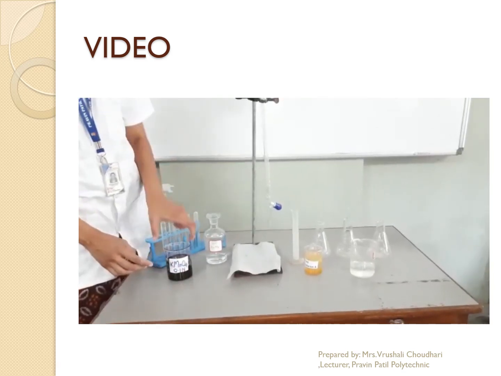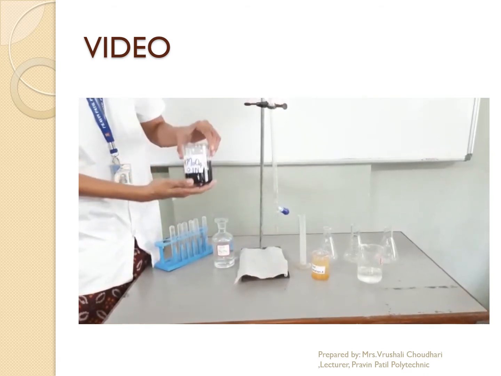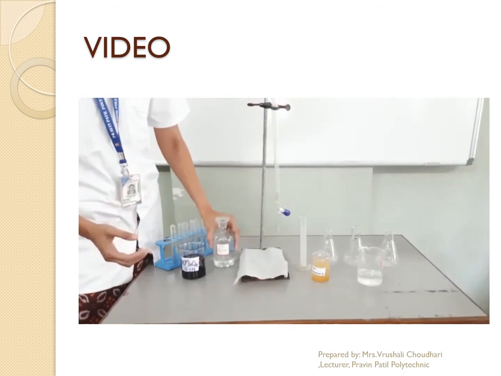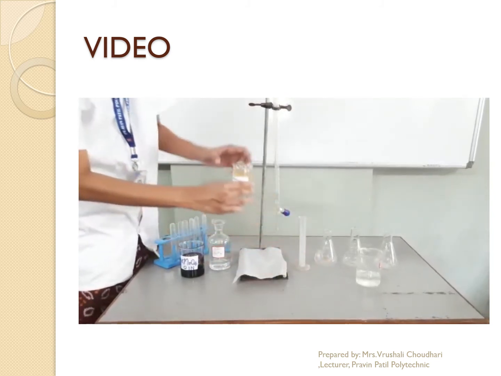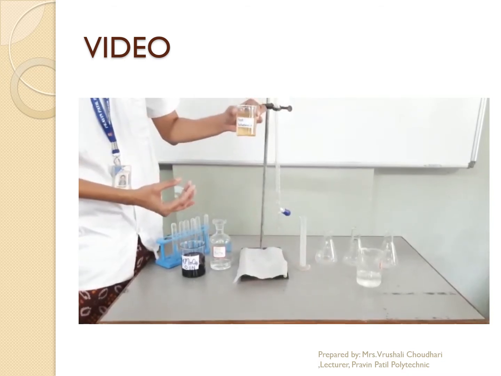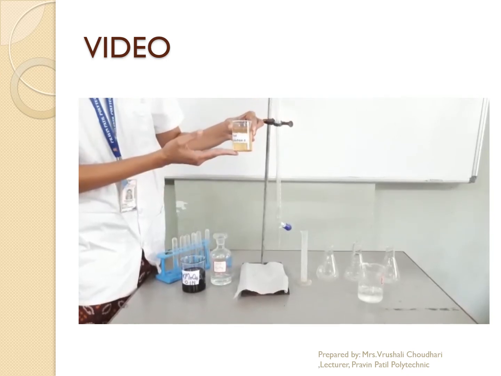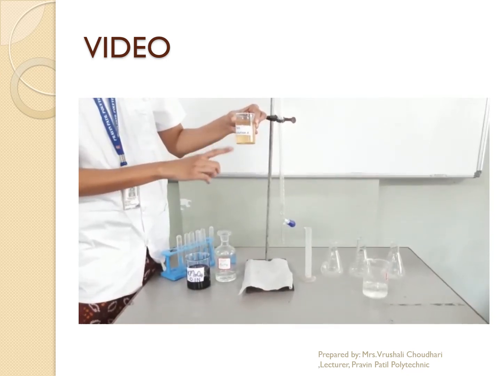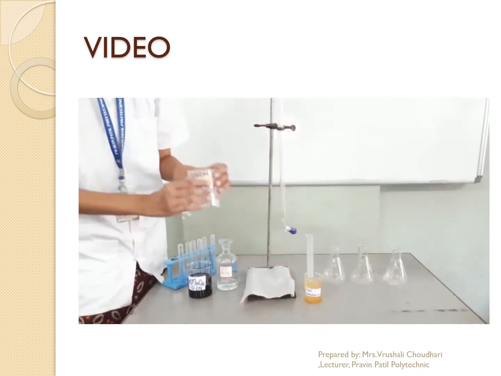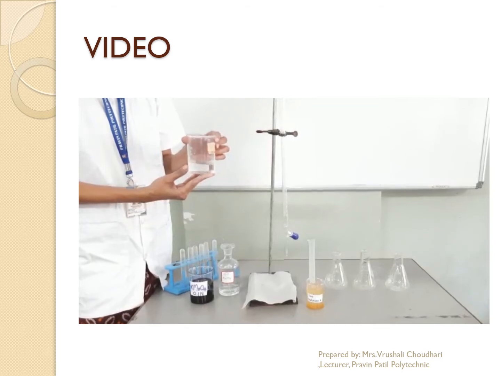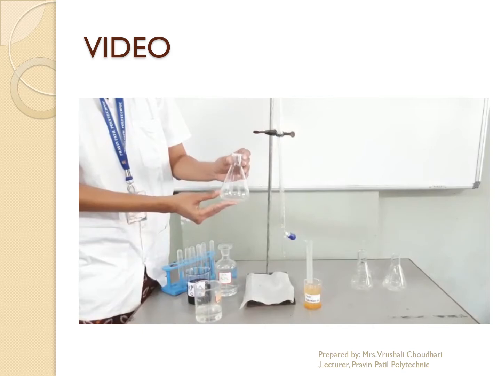Chemicals for today's experiment are KMnO4 0.1 normal, dilute H2SO4. This is our test solution which has iron, Fe2+ ions. Today we are going to determine how much Fe2+ ion, how much iron, is present in this solution. This is the water and this is called a beaker. This is called a volumetric flask.